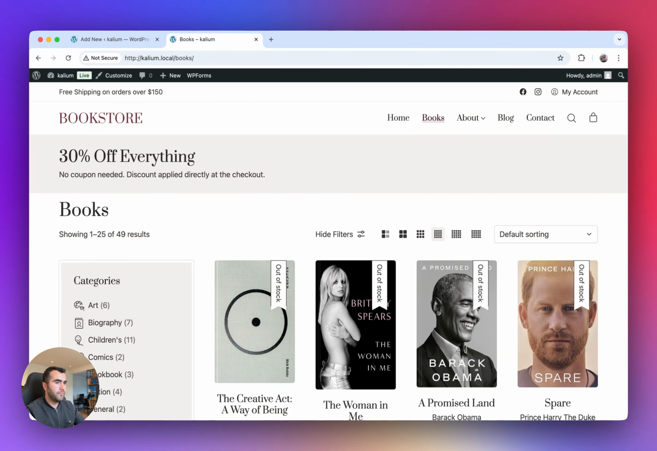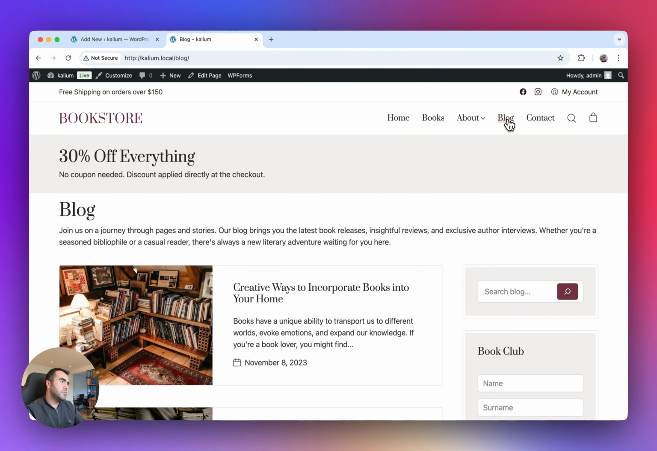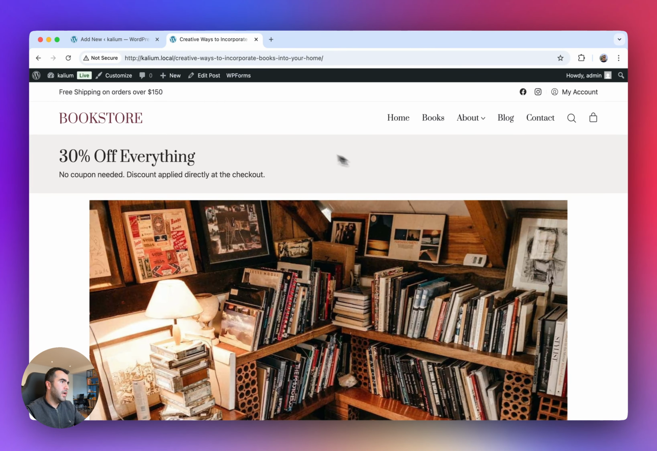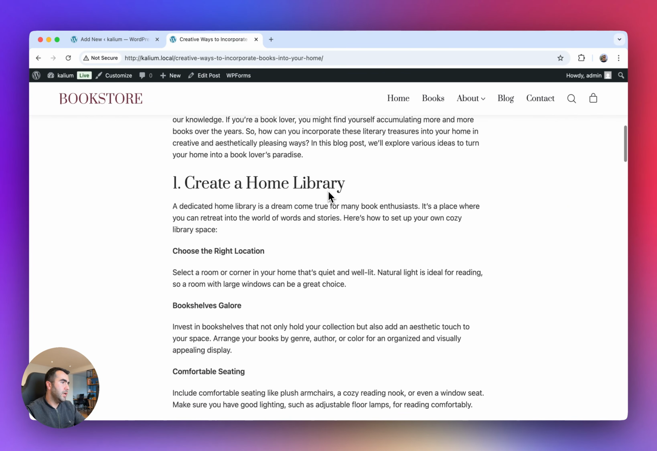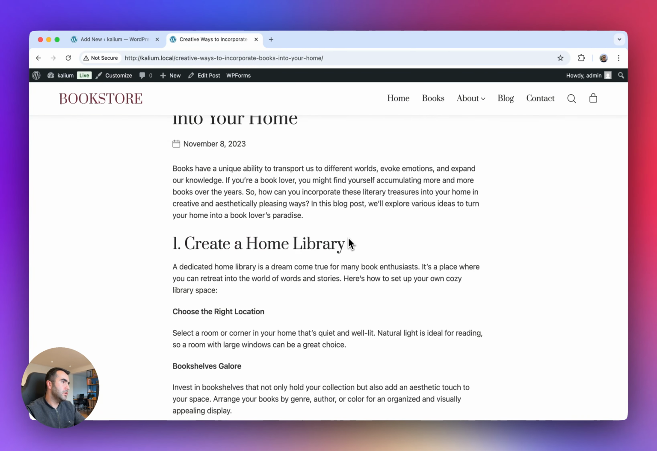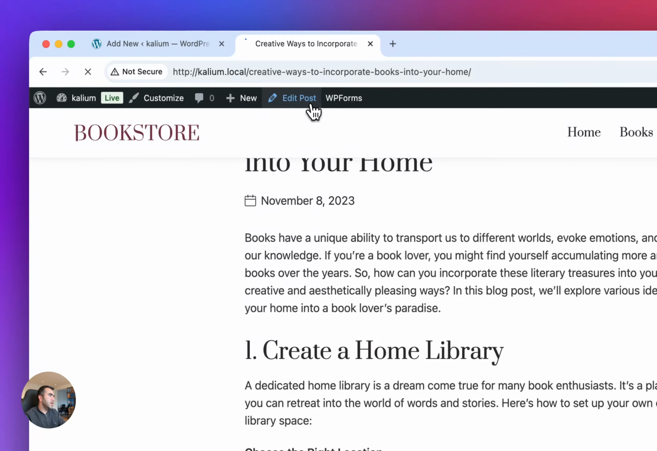Now, let's say you don't want to use display conditions or placement at all. You just want to have a global template board that you can use over your products or your blog. So let's take a look. For example, let's go to the blog, select a blog post, and let's say we want to add it before this title. Let's click Edit Post,